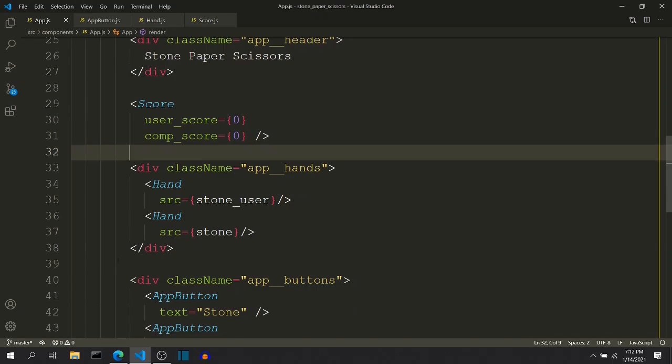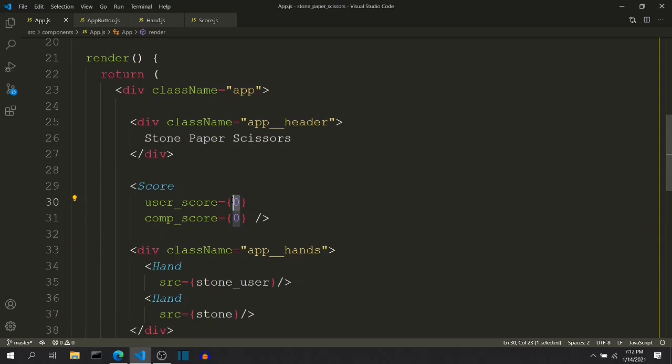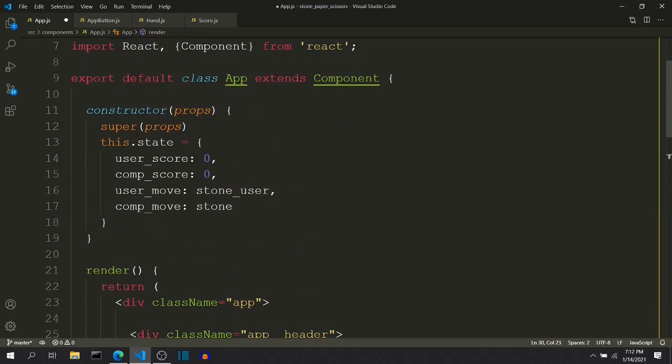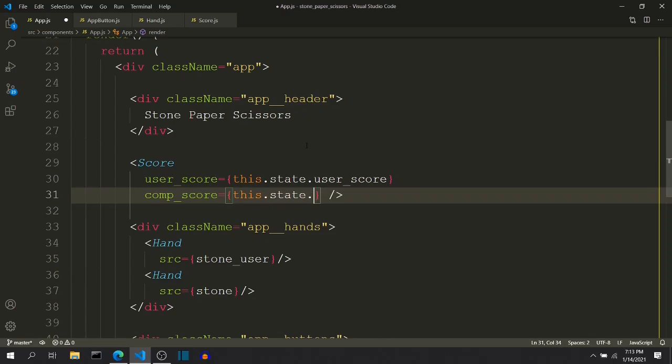To change this, instead of passing hard coded values of 0 and 0 to user score and computer score, we can use the state's values. And to access those state variables, we can use this.state.userScore. And similarly I can do this for this.state.compScore.